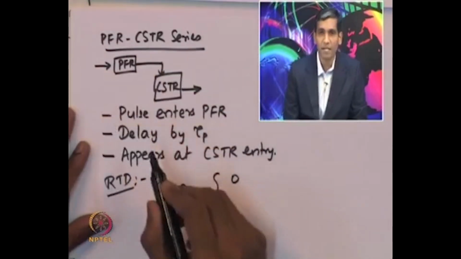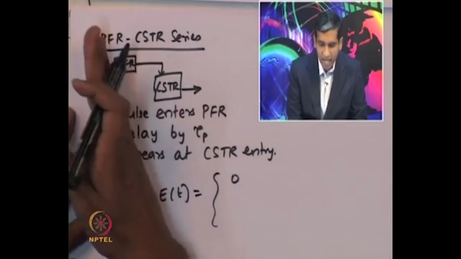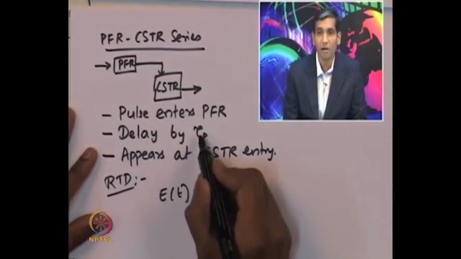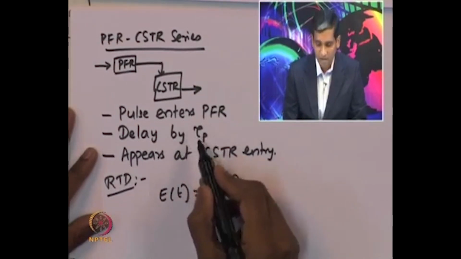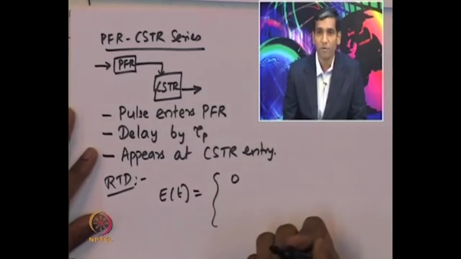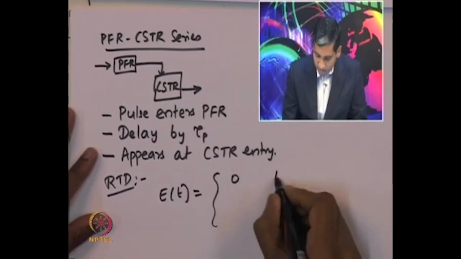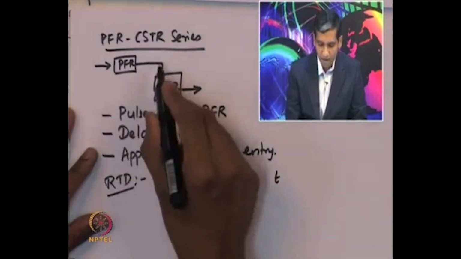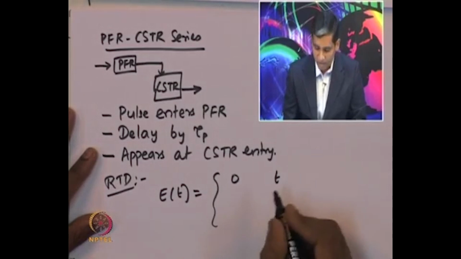But because it is presented in series, the delay introduced by the plug flow reactor, of the time period of the space time of the PFR, will be the delay in the overall residence time distribution function as well. So, therefore, there will be no output in the plug flow reactor CSTR series combination till